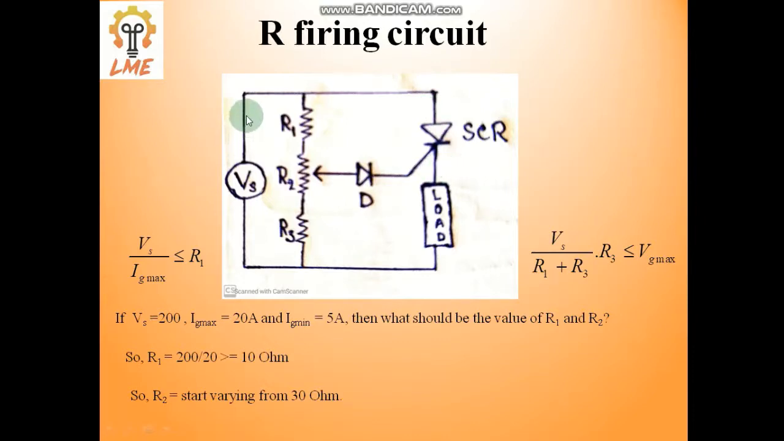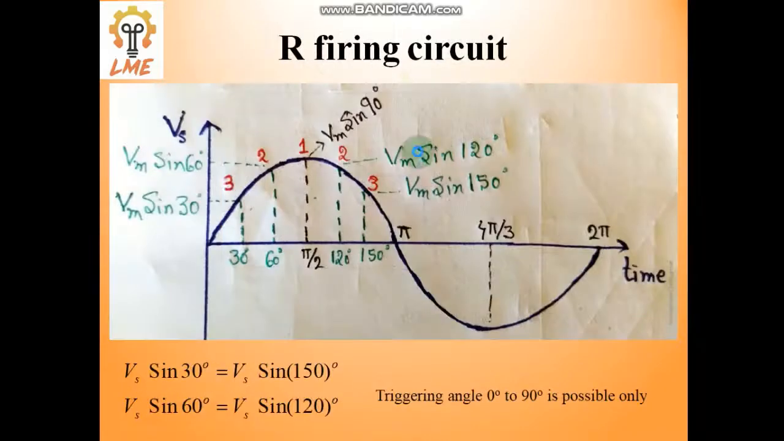It means that at 30 degrees, when we are thinking about the anode and cathode, this is anode, this is cathode, this voltage is Vm sin 30. Here the potential difference is Vm sin 30. When Vm sin 30 is applied between anode and cathode, let us assume 3 ampere gate current